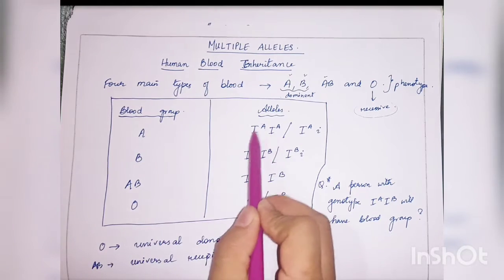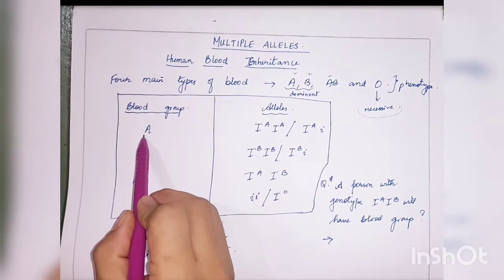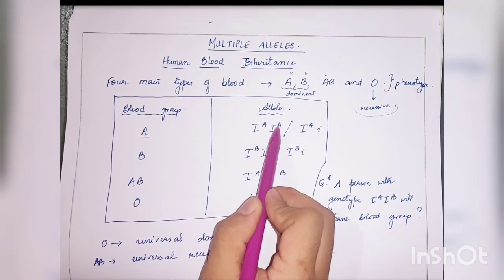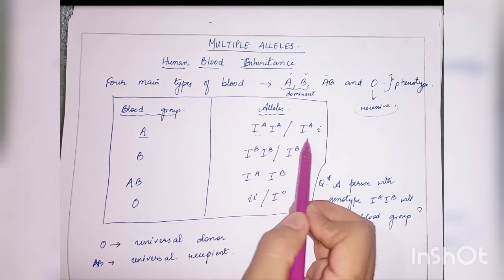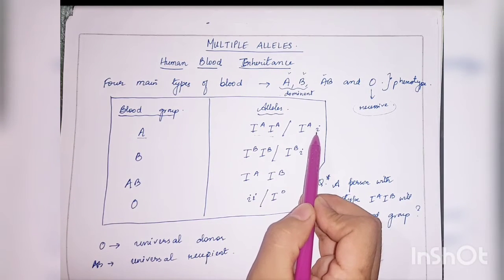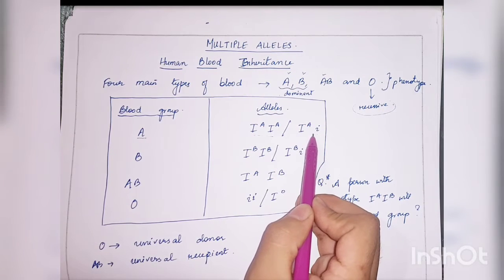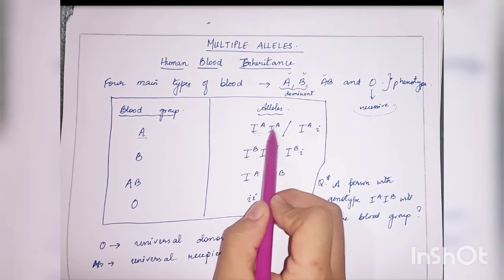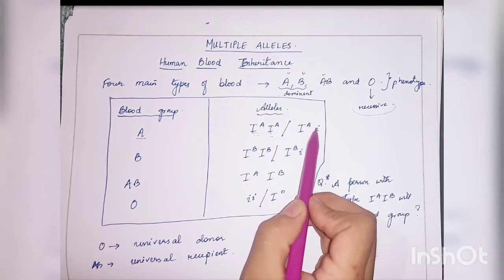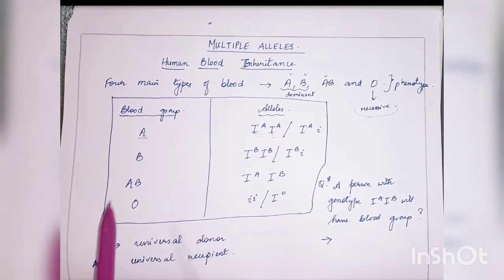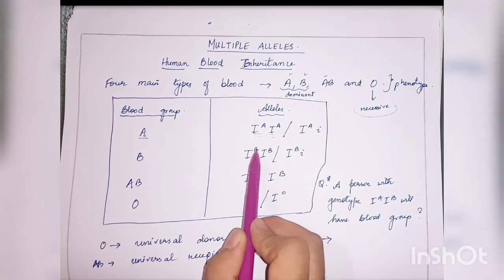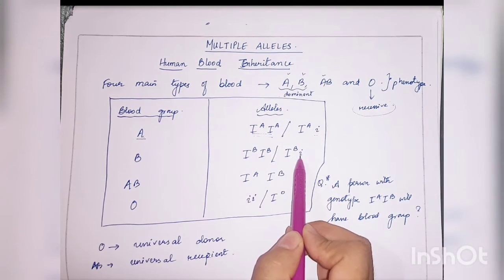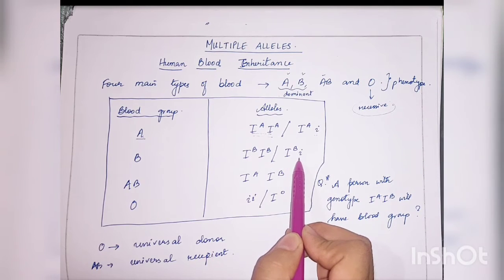So in the blood group, these are the alleles, okay? For blood group A, the alleles are either homozygous, that means IA IA, or it can be IA with small i, one recessive. So when there are alleles such as IA IA or IA i, then the blood group will be A, okay? And for B, it is either IB IB, capital B, this is dominant trait, or it can be one dominant and one recessive, IB i, okay?